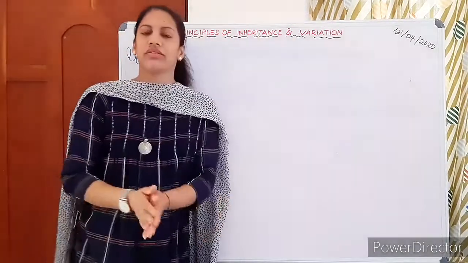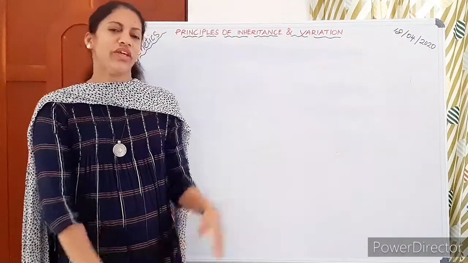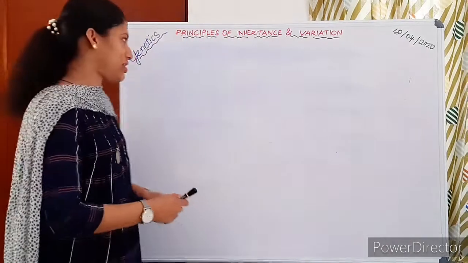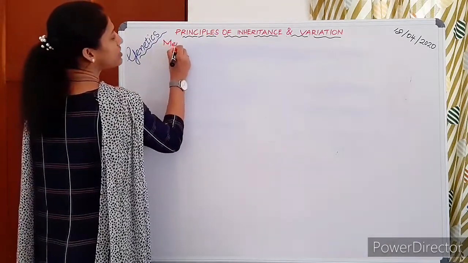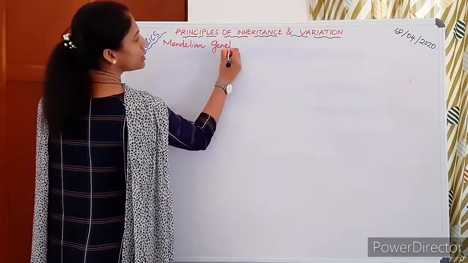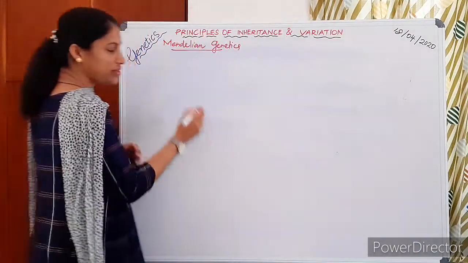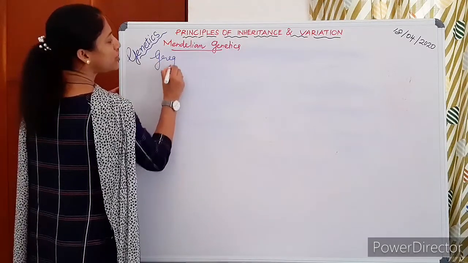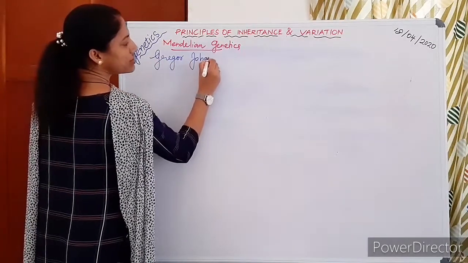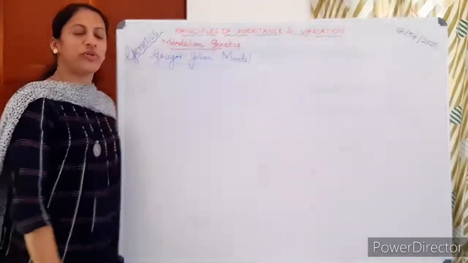The pre-Mendelian genetics deals with some of the discoveries by scientists before Mendel. Anyway, we start with Mendelian genetics. When we discuss Mendelian genetics, you have already learned in 9th standard about Gregor Johann Mendel. So who is Gregor Johann Mendel? Gregor Johann Mendel is known as the father of genetics. You know, he was not a great scientist. He was a monk. He was born in 1822